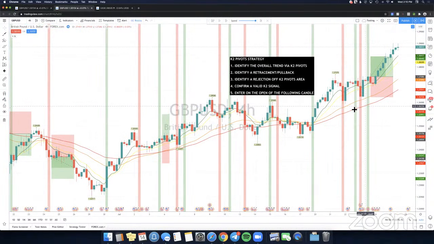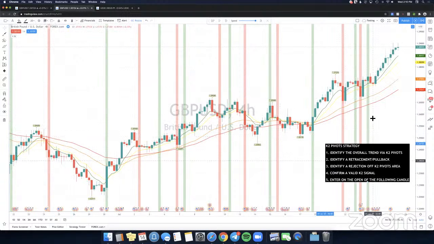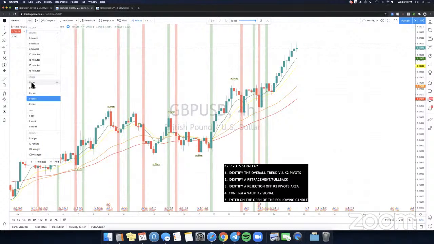Would you say this works on all time frames? You just recommend the 4 hour. All the strategies work on all time frames, but me personally, I trade on the 4 hour. But I can show you it works exactly the same on the lower time frames as well. So if you wanted to apply this on the 1 hour,